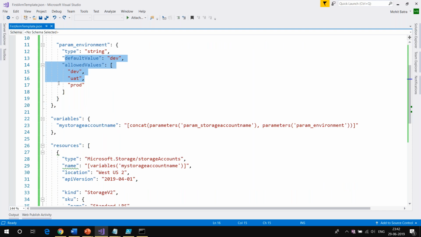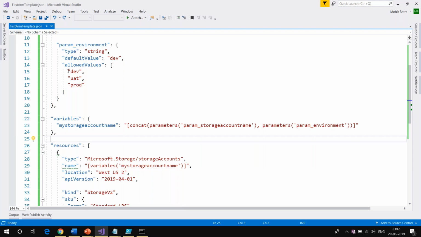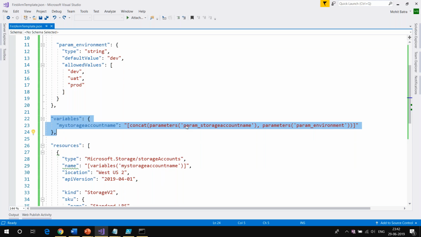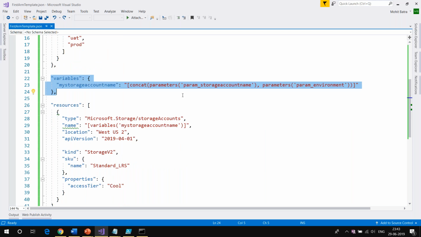Okay, now after you take the parameters, you can simply put in the parameter value here. I can even say parameters and take the value directly from the parameter. But what I'm trying to show you in the demo is I can use the parameter values to create a new variable by concatenating the information. Once you concatenate, which means you join the values together, you take the variable name and put that in your storage account name.